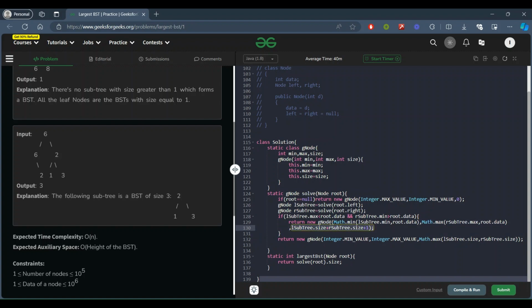It will be taking the minimum of left subtree's min and current root dot data, and its maximum value will be right subtree's maximum value and root dot data. So this is how the whole solution will work.